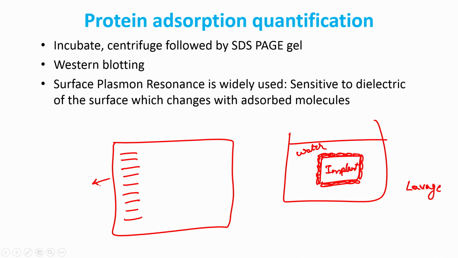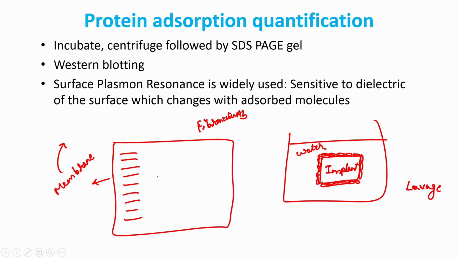I hope everybody knows Western blotting. All it is, is to transfer it to a membrane, and then once it is transferred, let us say this is the membrane itself, you can come with antibodies against known proteins. So, let us say I am predicting fibronectin is one of the proteins that is getting involved, I will come in with the fibronectin antibody,